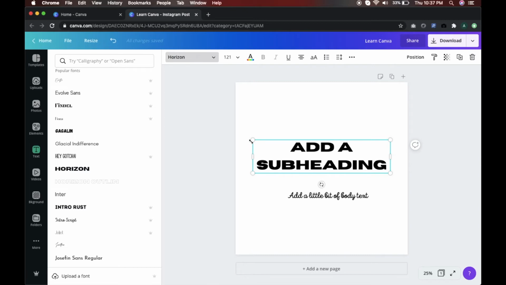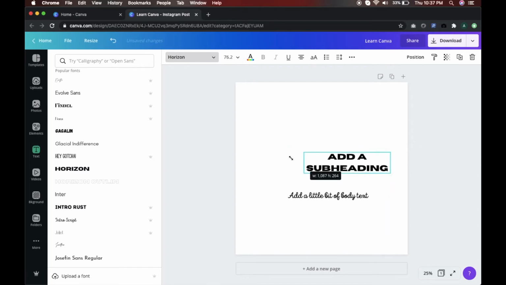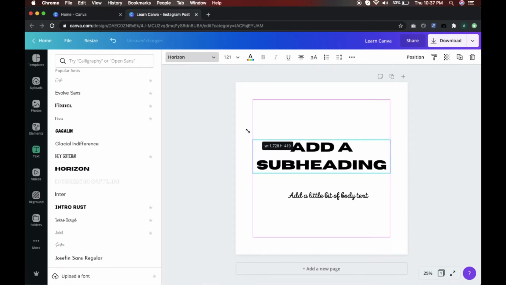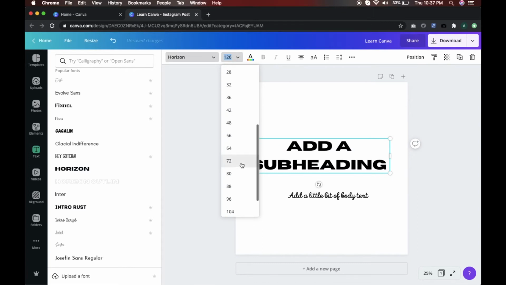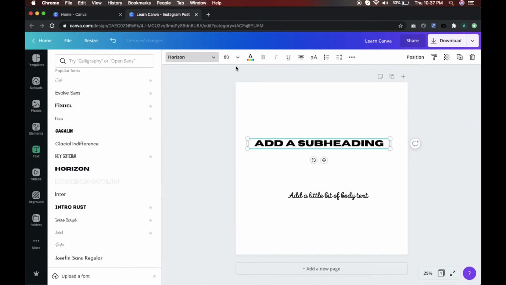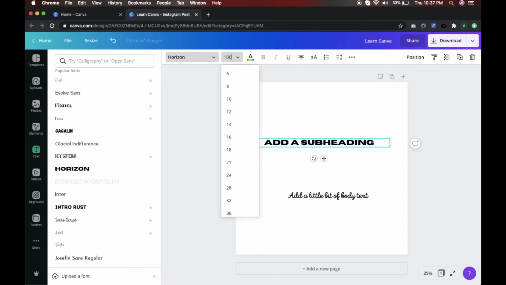In order to change the font size, you have two options. You can either just resize it using your mouse, or you can even manually put in a size from here and your font will be resized. If you want to use the drop down list for that, you can use the drop down list. Otherwise, you can even put the numerical values in there, and your font will be changed as per the value that you put in.